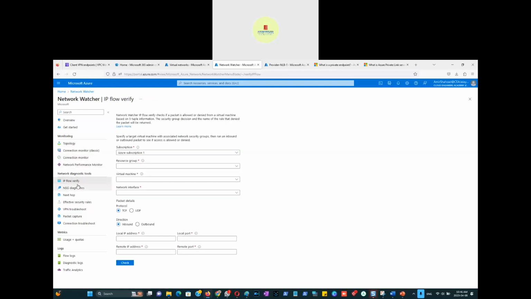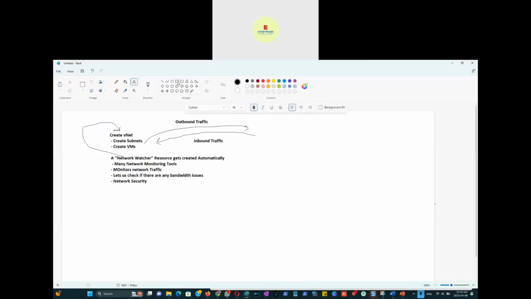Other than that, there are some diagnostic tools here. IP flow verify. Network Watcher IP flow verify checks if a packet is allowed or denied from a virtual machine based on five-tuple information, security group, region, and the name of the rule that denied the packet to be returned. The thing is that it just checks